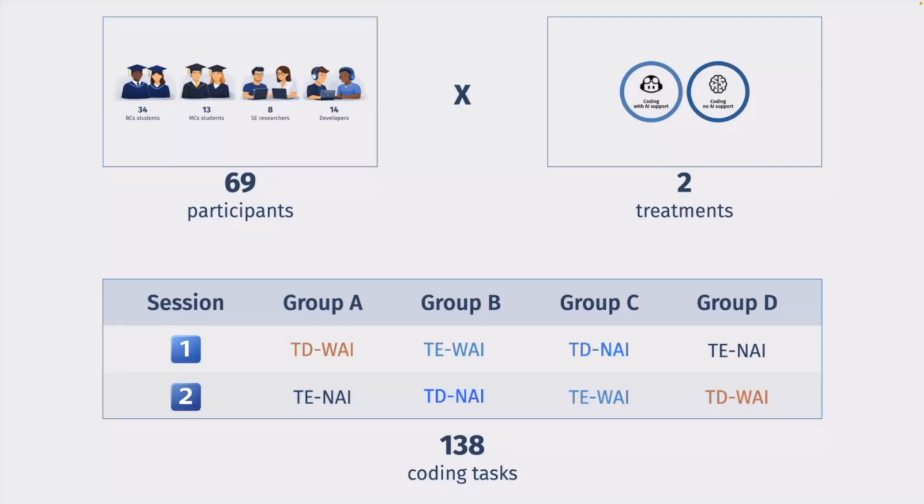Why? Because in this way you control for tiring effect, the learning effects. Like, for example, if you always have that they don't use AI in the second session, maybe they are less productive because they are more tired, right? So you want to control for these confounding factors. So it's a very standard experimental design.